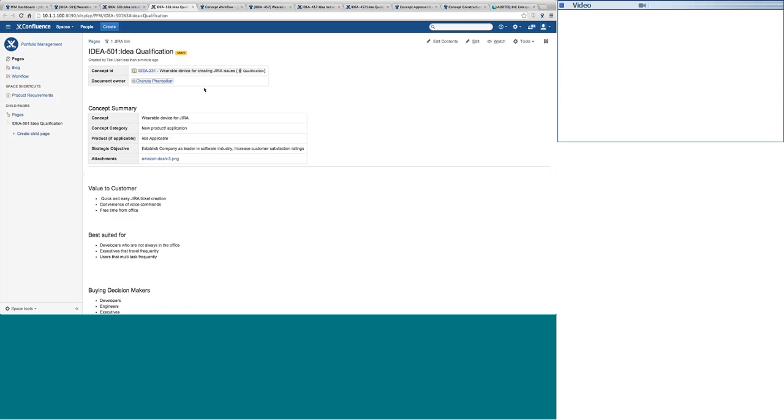For this purpose, we have come up with the ad hoc workflow from the Confluence, which is a very small 4-step workflow, which has draft, ready, reviewed, and published, or only these 4 steps. It is possible for me to simply go and make my document ready for sending it for review. Once I say accept, you can see that the status of the document has changed from ready to review.